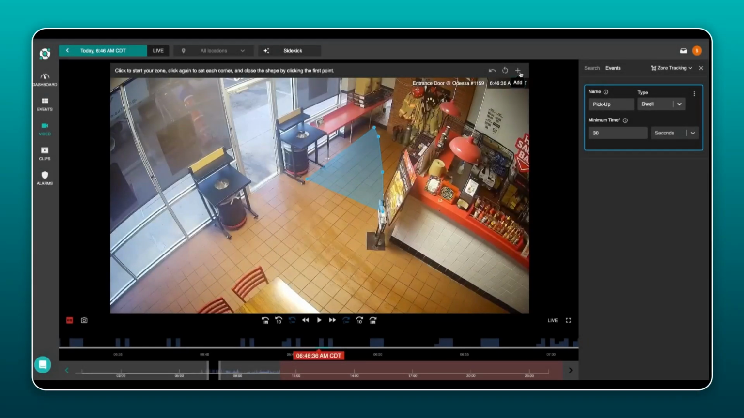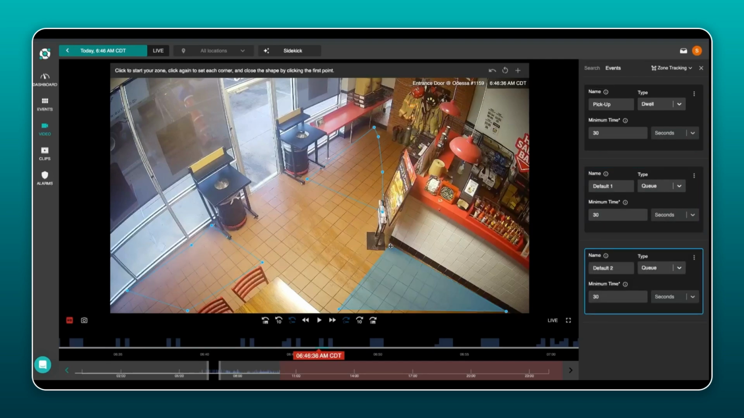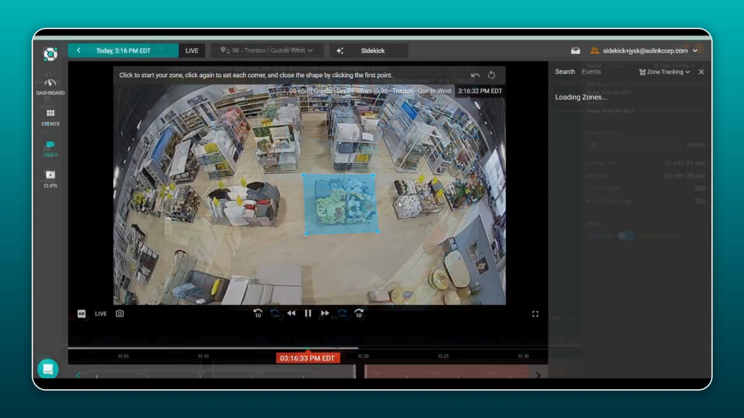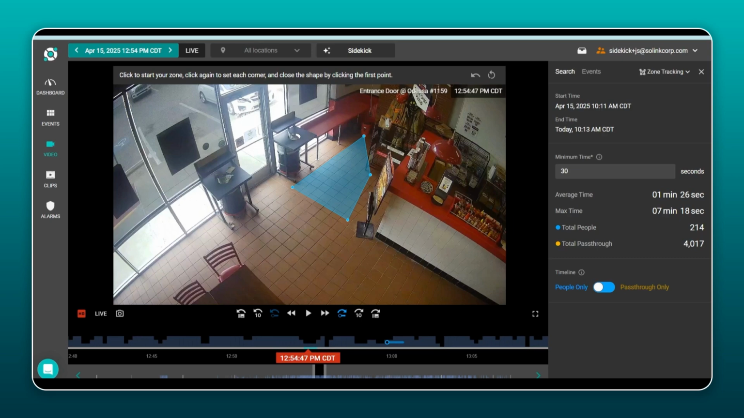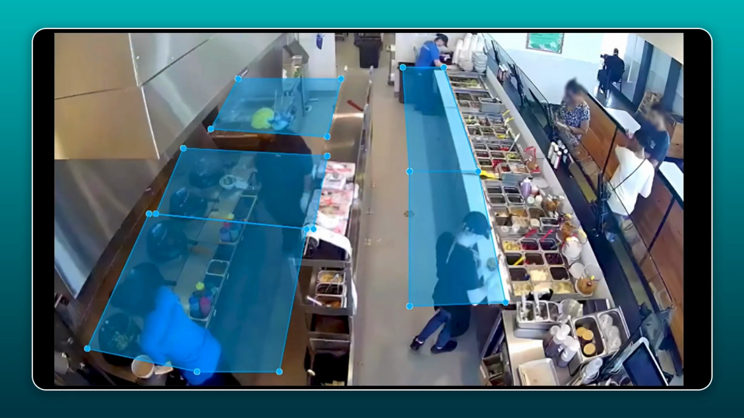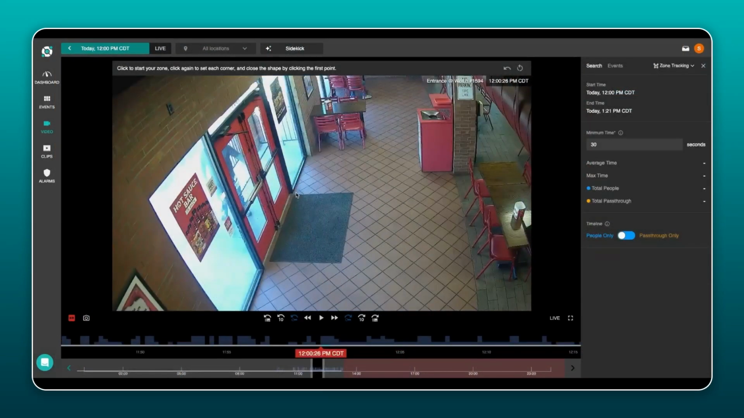Today I'm going to show you how you can use Solink's zone tracking feature to help you measure waiting times across your locations. Some examples of how you can use zone tracking include measuring speed of service, display effectiveness, and tracking areas of interest. You can also place multiple zones around the property and compare how busy they get. Whatever you want to use zone tracking for, it's as simple as drawing a zone and configuring a few quick